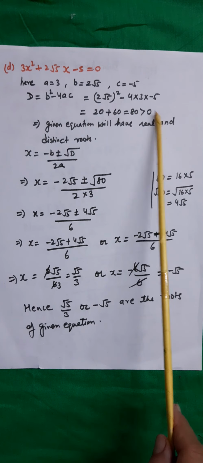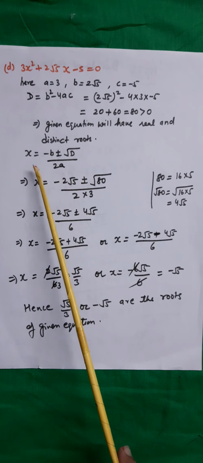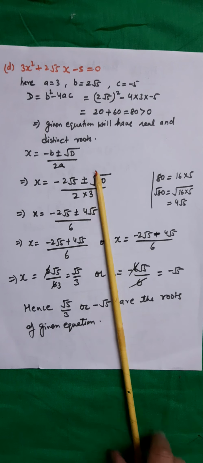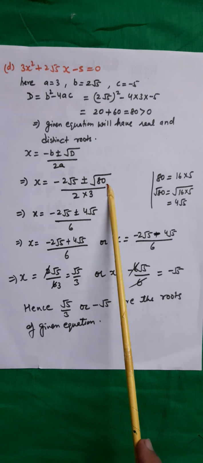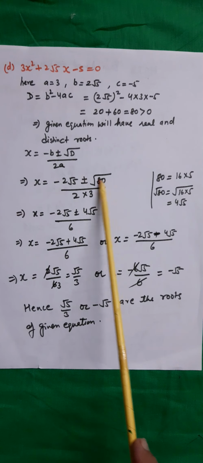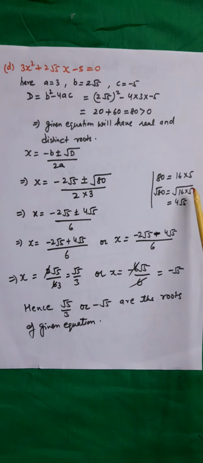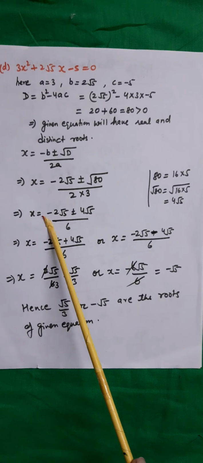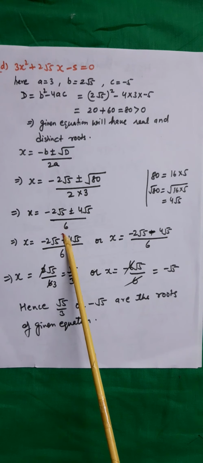Again 80 is greater than 0. So that means the given equation will have real and distinct roots, which are given by the formula x = (−b ± √D) / 2a. Now substitute the values. x = (−2√5 ± √80) / (2 × 3). 80 can be written as 16 into 5. Therefore √80 will be √(16 × 5), which is 4√5, because root of 16 will be 4. So now x = (−2√5 ± 4√5) / 6,